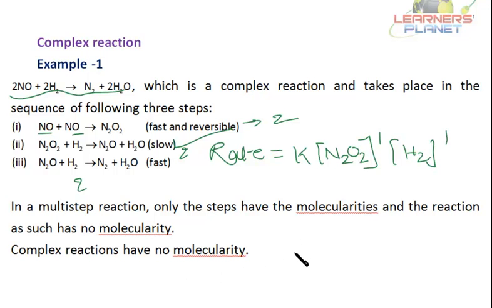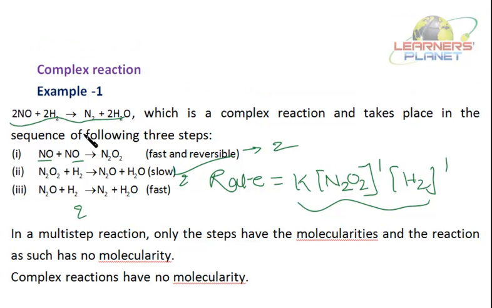Whereas in the case of complex reactions, what is the order of the reaction? It is determined by the slow step of the reaction. Now the molecularity of a reaction can be 1, 2 or 3. The reactions with molecularity 4 are rare. That is, the reactions with higher molecularity are rare.